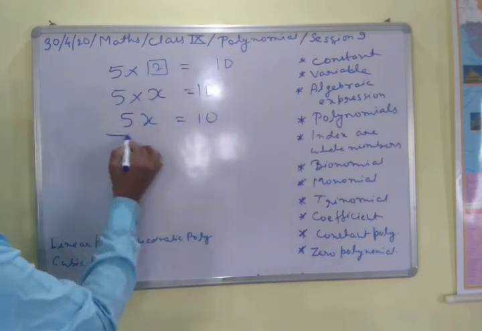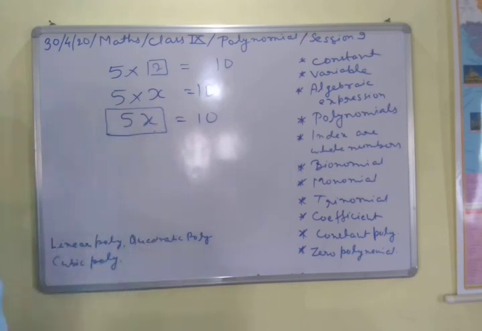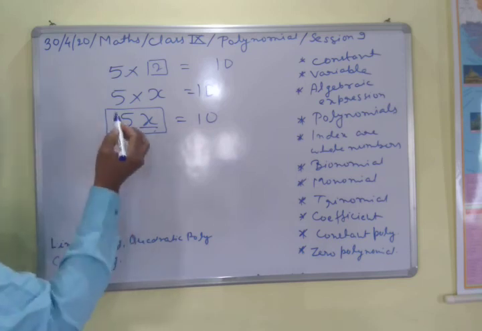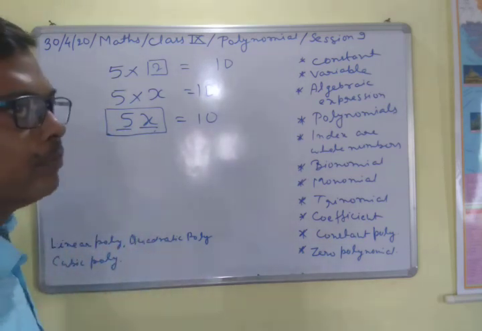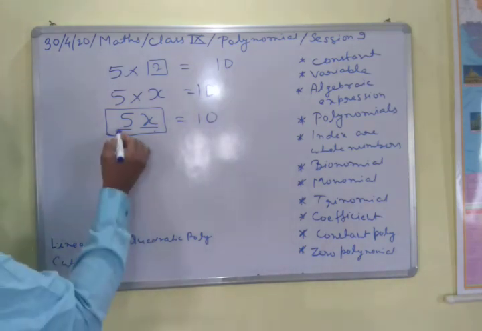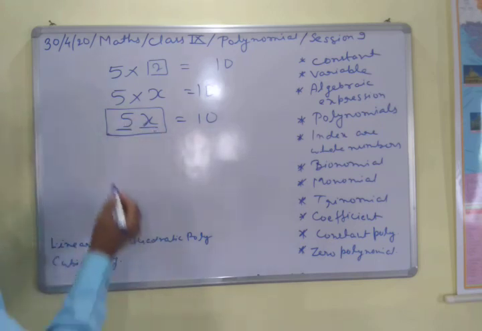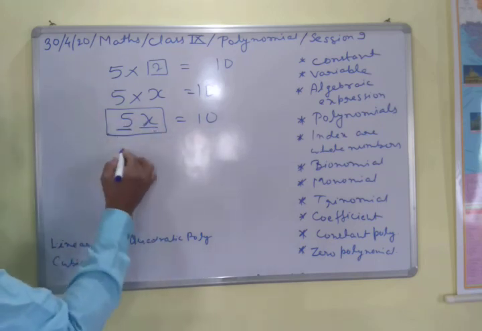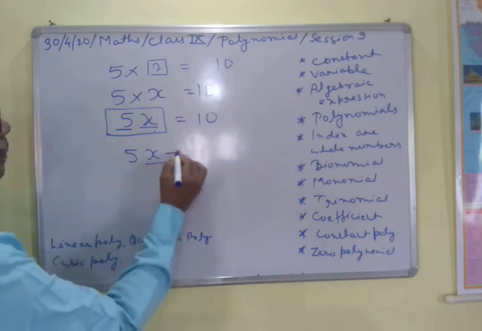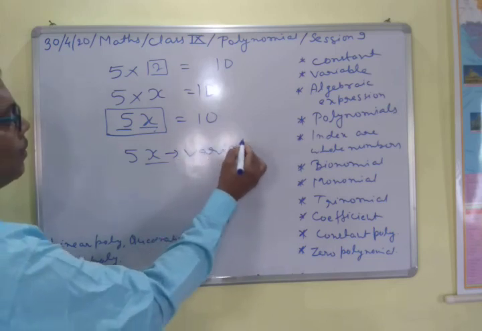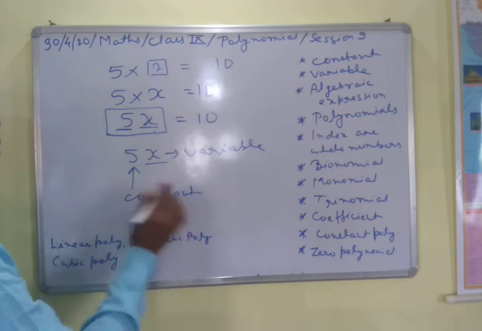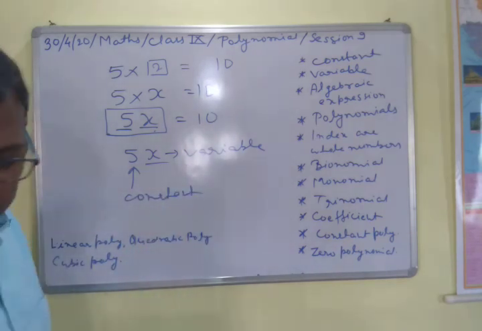Now see that this becomes an expression, and this kind of expression is called an algebraic expression. So you have the variable and a constant here. This 5, any number whose value does not change, is called a constant. So here 5 is a constant and x is a variable. In this way 5x is an algebraic expression, where x is the variable and 5 is the constant. So this is the meaning of the variable and the constants.